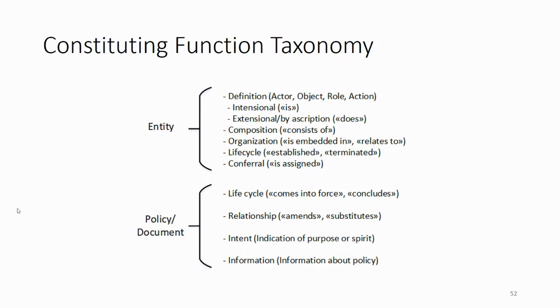We'll also find that those different characterizations can, in principle, be refined further. For example, we could describe the different types of compositions that we'll find. We can characterize the nature of the relationship within organizations and so on. So there are certain levels of refinement that are conceivable here, but not elaborated in this particular context. Furthermore, of course, we will not claim that this is a finite set of such constituting functions, but rather the idea is to lay a baseline characterization out in the first place, so we can start annotating the institutional statements correspondingly and draw some analytical leverage from this.